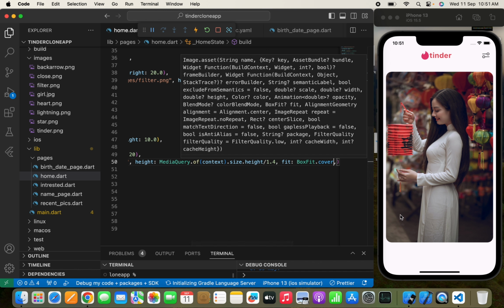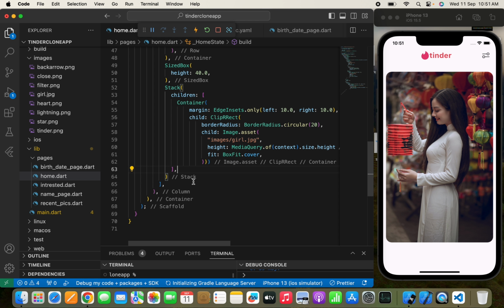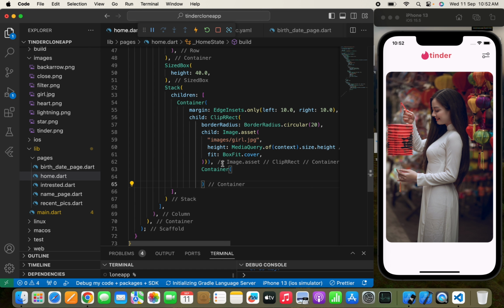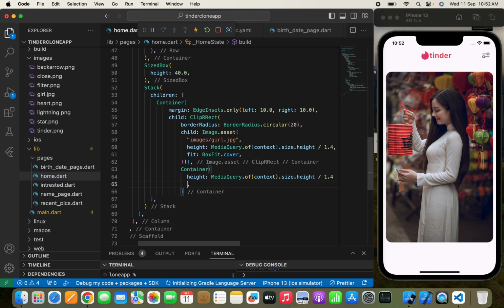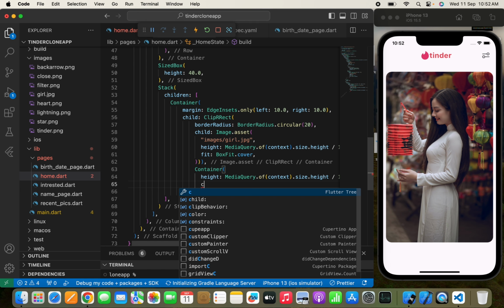Now here I need to show the username. So this is a user, and I want to show his name. Now we are using a stack widget, so I need to pass a container, and in the container I need to pass the height, so that I can pass the name and the bio of this user. So here I need to pass the height. I will copy this height and paste it over here. And now I need to pass a child, a column,